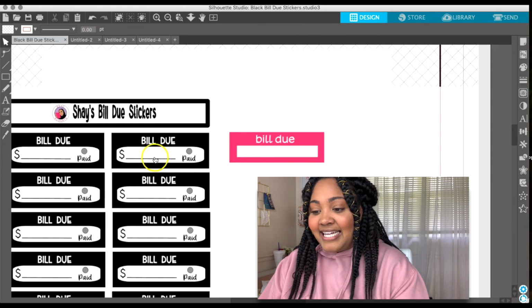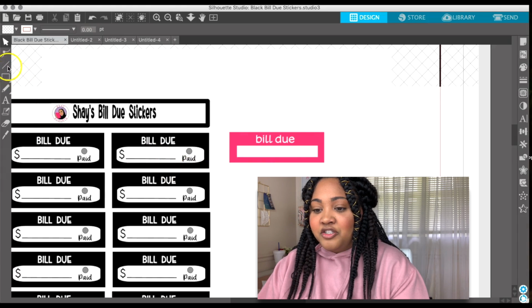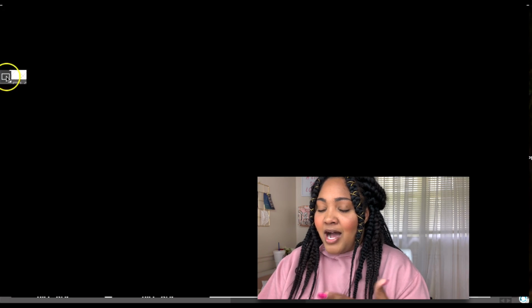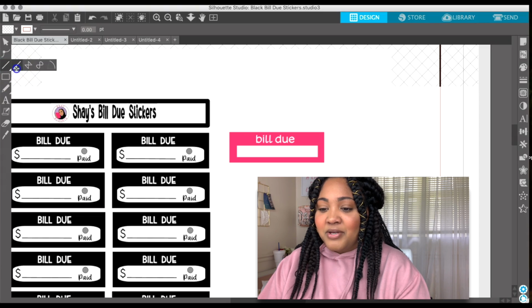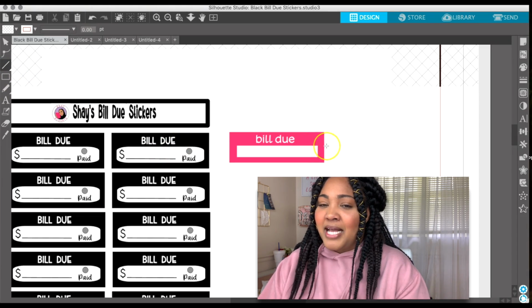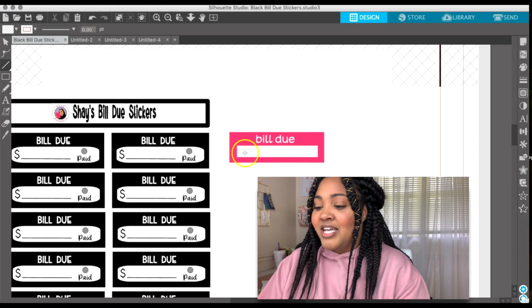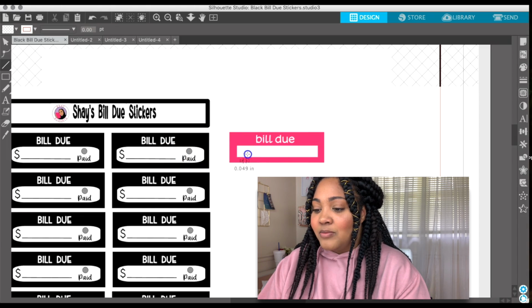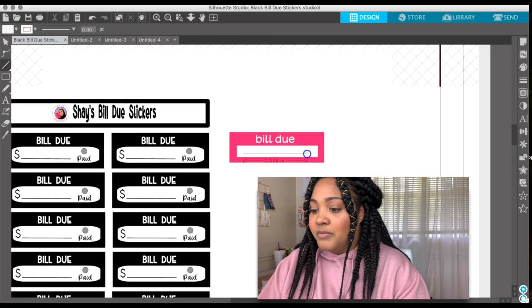So if you want to add in like this line, you just go here. You just have to kind of think outside the box, because again, I'm no artist or anything, but I just know you just kind of build it up. I don't know. I guess I'm partially tech savvy. So I want it to have a little line, so I'm going to do that. And I want it to come about